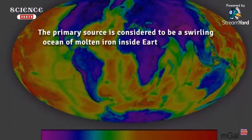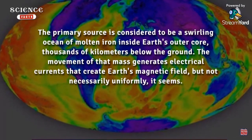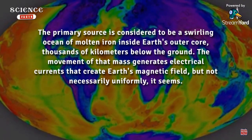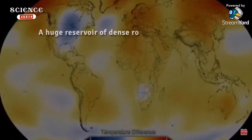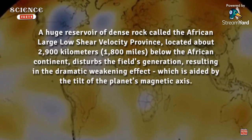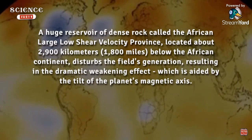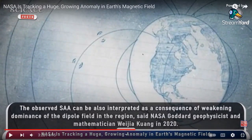The primary source is considered to be a swirling ocean of molten iron inside Earth's outer core, thousands of kilometers below. A reservoir of dense rocks called the African Large Low Shear Velocity Province, located about 2,900 kilometers, 1,800 miles below the African continent, disturbs the field's generation, resulting in a dramatic weakening effect, which is aided by the tilt of the planet's magnetic axis. And you see, I wonder if this has something to do with Earth's magnetic field possibly getting